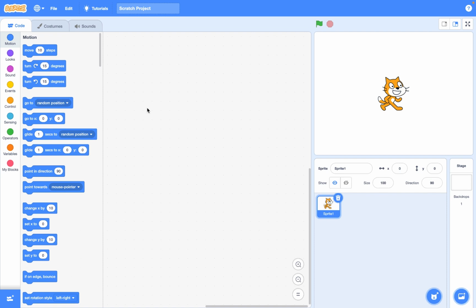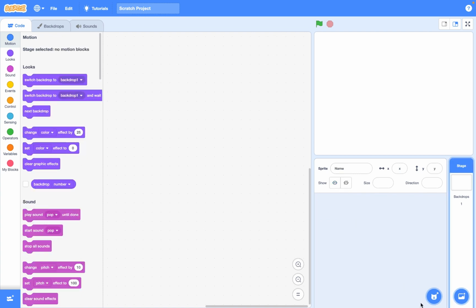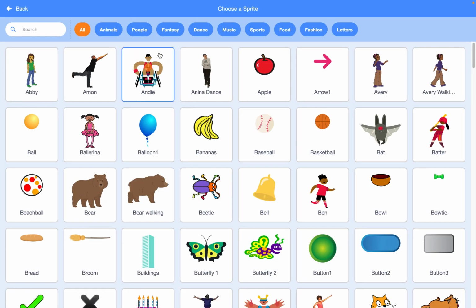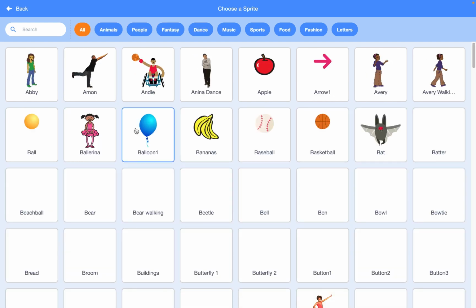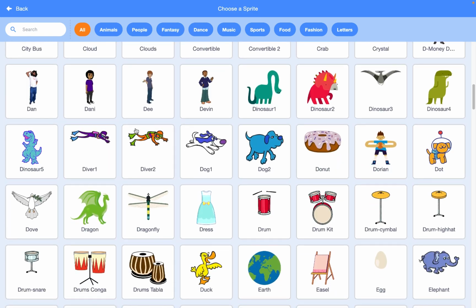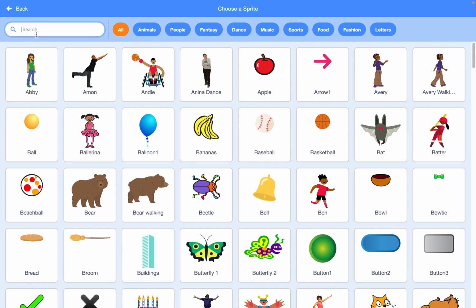All right, so we are going to start by removing this sprite that we see on our screen. And I will want then to select a new sprite, and I will go to the bottom left corner of my screen, and I will select the icon that says choose a sprite. Then you will see that it will bring me to this sprite category page, and I can choose by category, or I can just look for a sprite that I want to use, or I can search for a sprite. So I want the